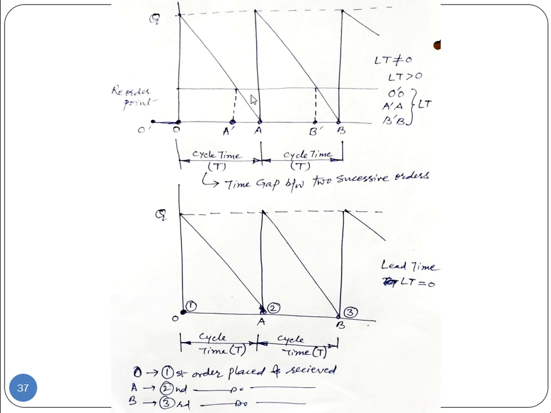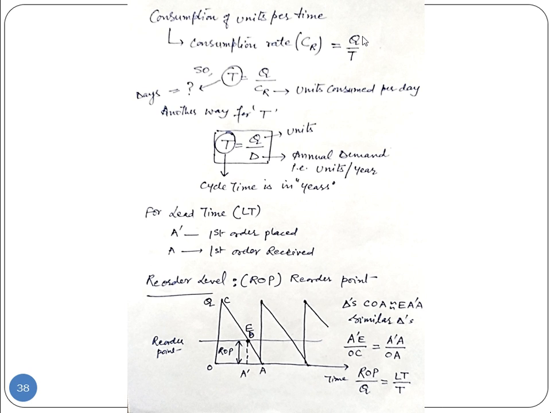so if I want to get the hypotenuse, then I can find the hypotenuse or the slope of the curve। slope of the curve represents a rate at which Q is consumed per unit time। so we can find with the help of slope, with the help of tangent, and for the tangent graph we know that Q upon T is consumption rate, I can find with this। so from here T we can take this side and CR you put over here, that is the T we can find over here, that is the number of days।